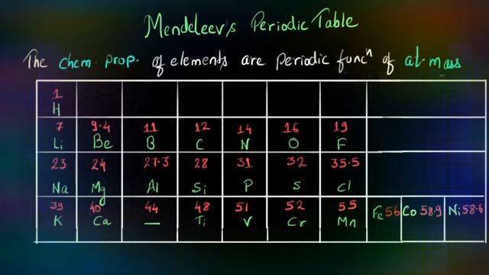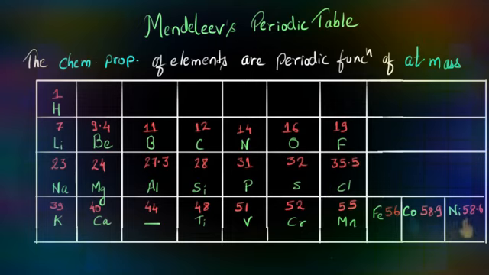Now see, at this point in time, Mendeleev had no clue how the chemical property of an element or an atom is related to its atomic mass. Like, think about this. How is the atomic mass deciding the chemical property? He had no idea. And because of this, he could not answer some of the limitations or challenges that appeared. For example, there were certain elements that could not fit the periodic table in the order of their atomic mass,